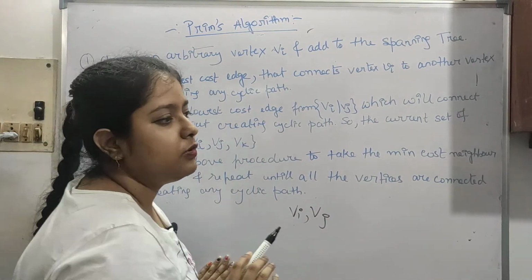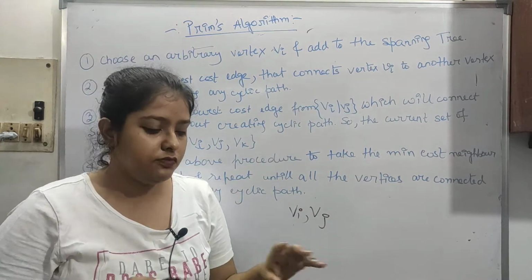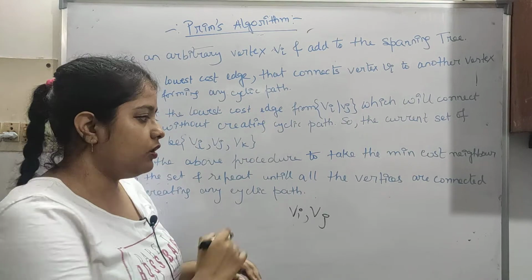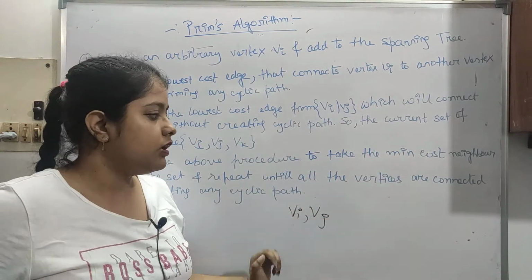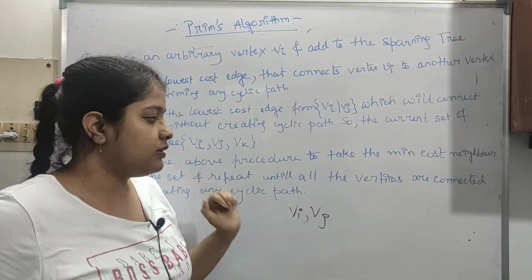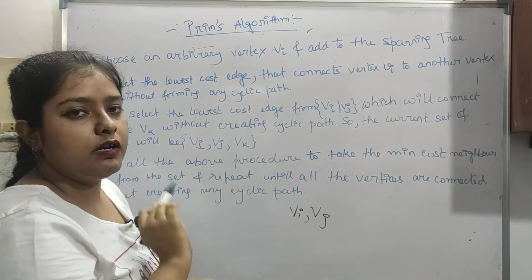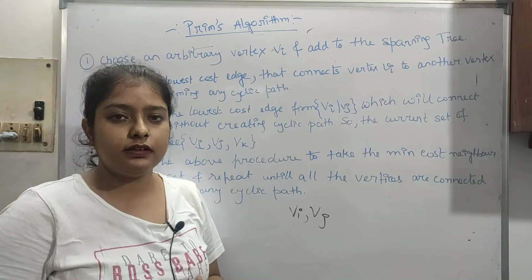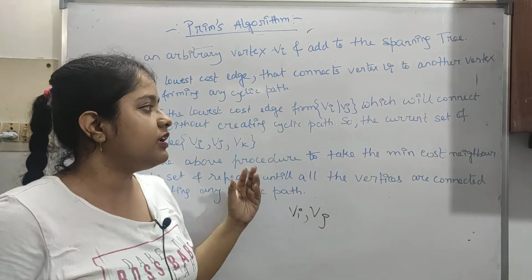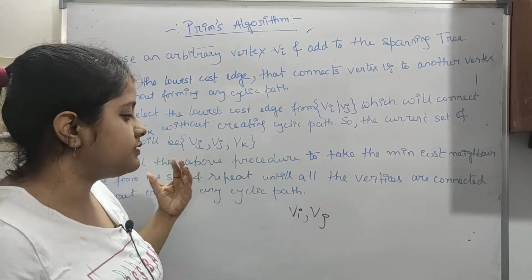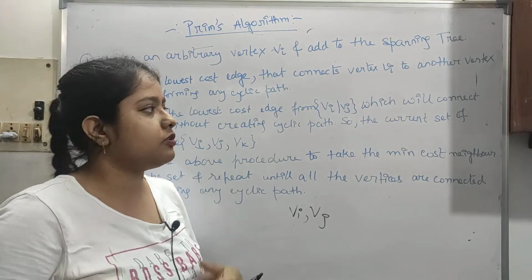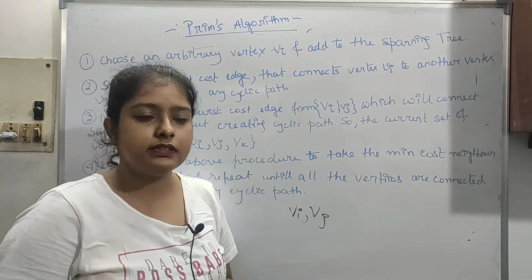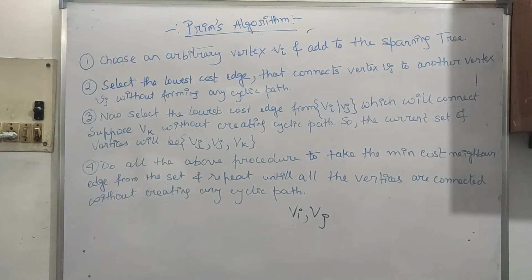Ultimately, this is like a recursive process, and when all the nodes are connected somehow, we stop the algorithm and say this is our minimum spanning tree. So let's take an example. This is just written in common language. Let's see how the algorithm works. I will erase this and take an example, and then we will discuss time complexity also.